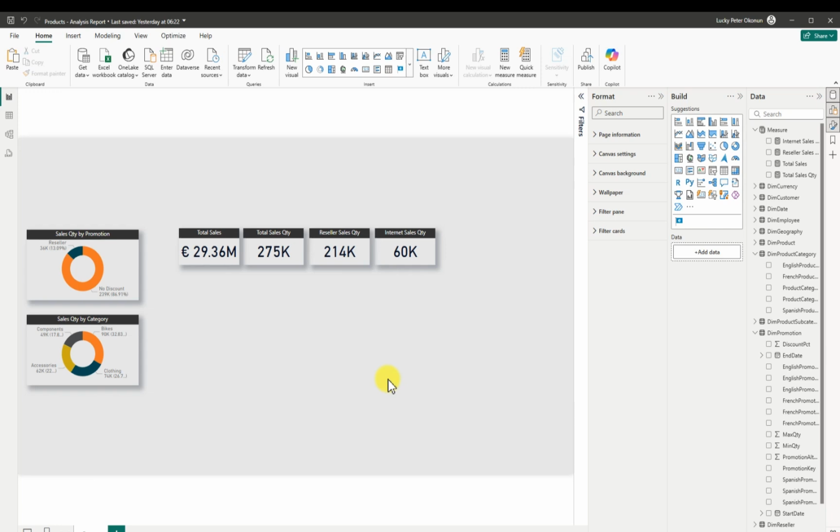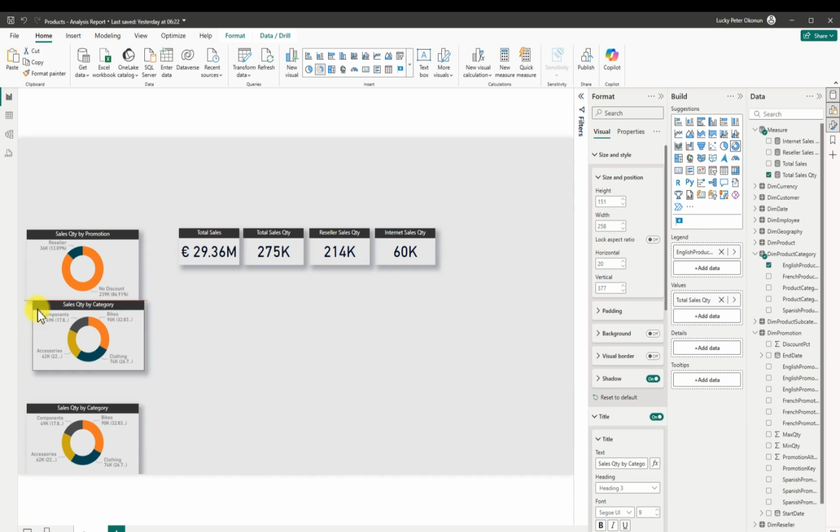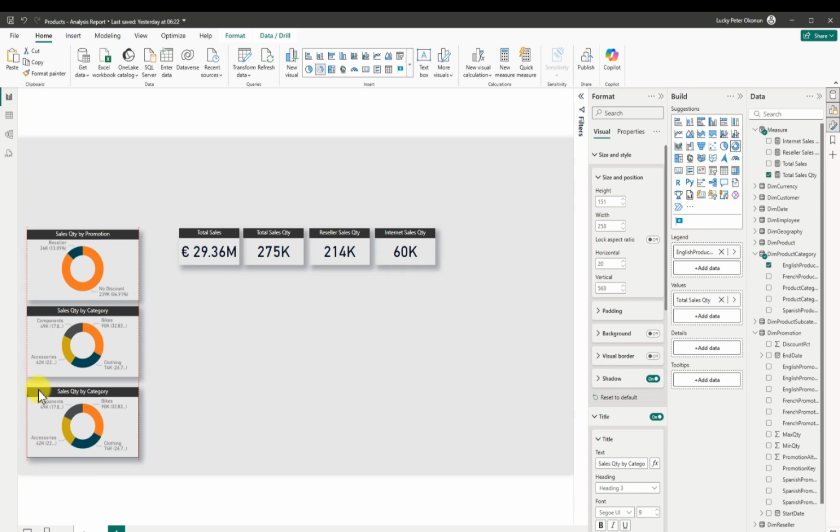So the third one that we want to do is sales quantity by bank name. So we want to see what the bank names are. So that is what we would like to see. So we copy this again, then we paste this. So for the third time, we are done with that. So we have this to be here, then we have this to be here. So we are having our sales quantity